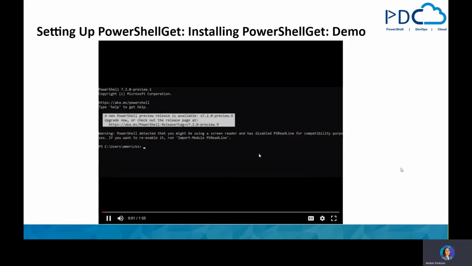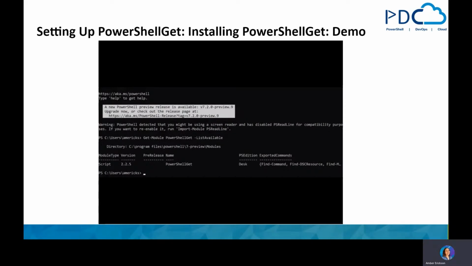And in order to figure out which version of PowerShellGet you're currently running, you can simply run Get-Module PowerShellGet -ListAvailable, as we are doing right here. And that will just show you all of the versions that you have installed on your machine. And great, we're good to go. We've got 2.2.5. So all we need to do now is simply run Install-Module